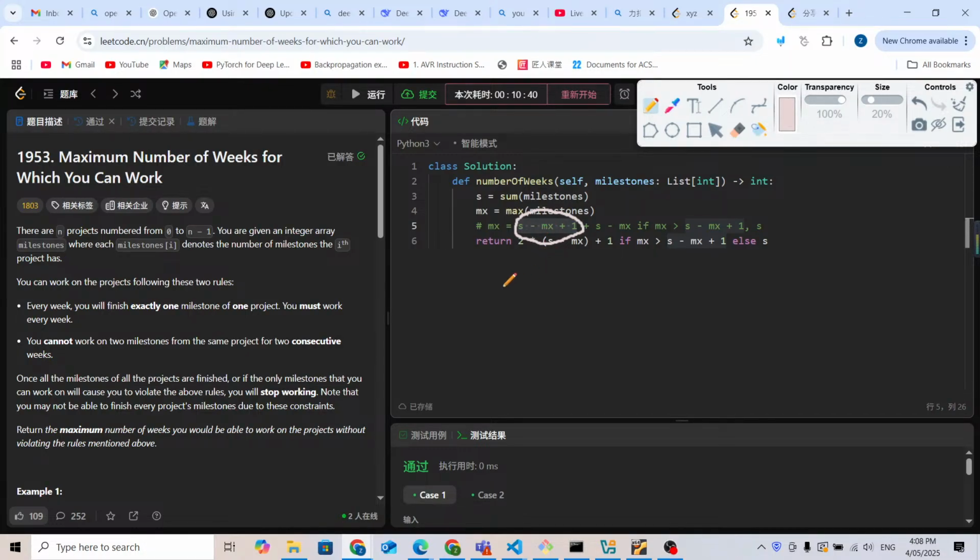We have to prove 2 things. One, it has to be the maximum number. And secondly, it has to be unique, the only one. Otherwise, why are we only reducing this one? Maybe other numbers are bigger than this one.